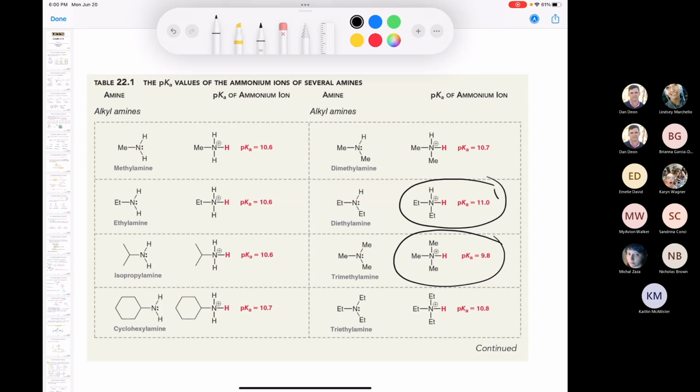Well, if this is a weaker acid, it means that diethylamine must be a stronger base than trimethylamine, which must be a weaker base. So that's kind of the rationale that I'm going to take moving forward when I'm talking about base strength. Which one of these amines is the strongest base? Well, we're going to look for the lower pKa. Stronger